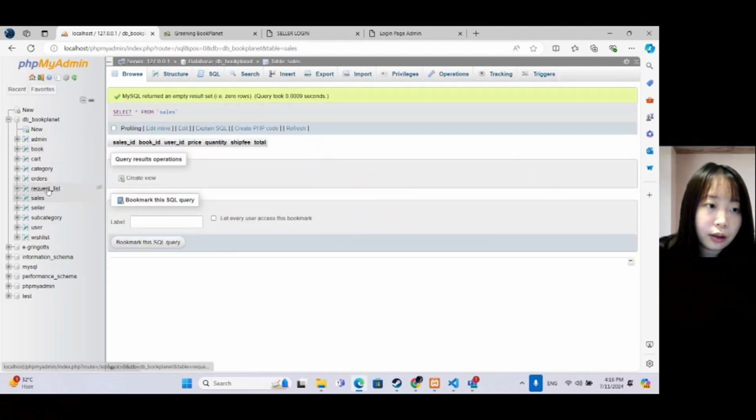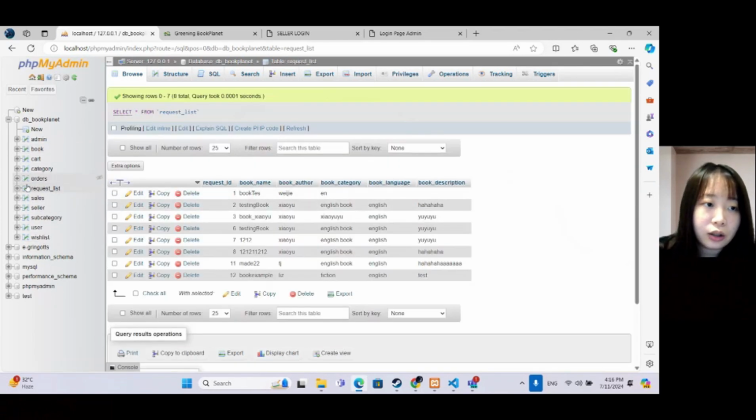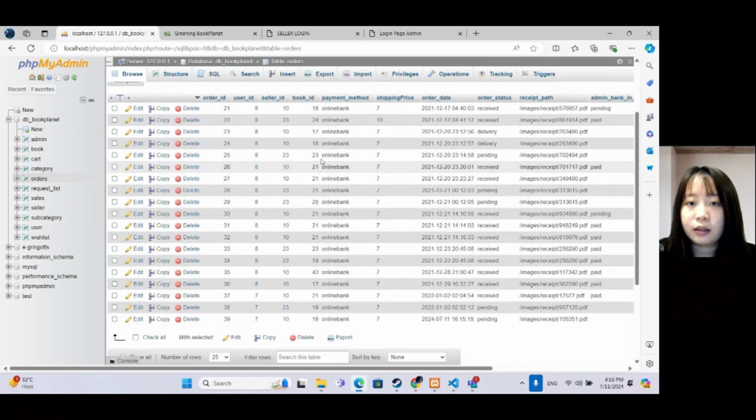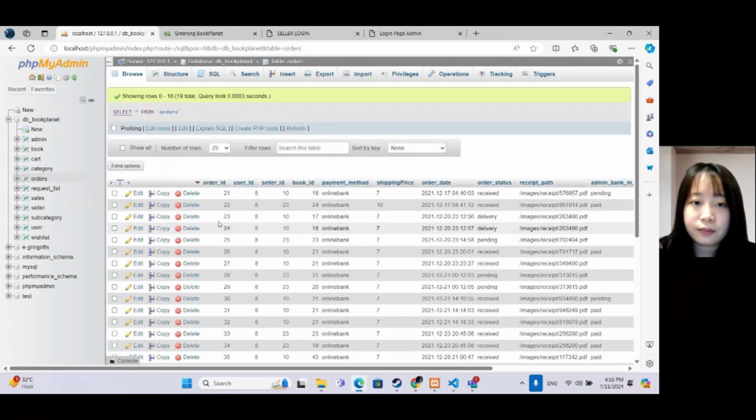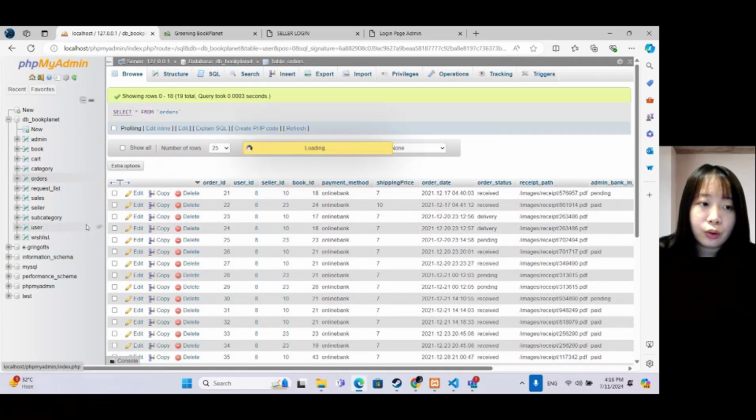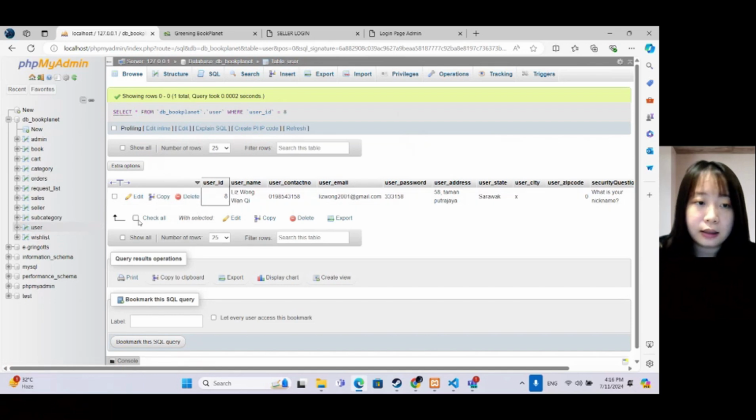Else, we cannot, not ordered yet. And this is the tenant orders. This is the user, and here we can indicate the user. So next we're going